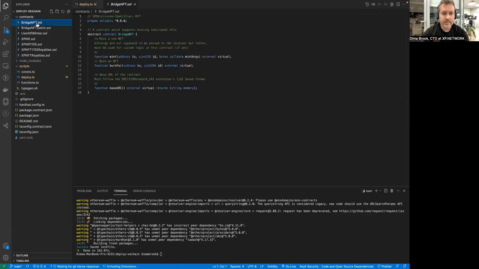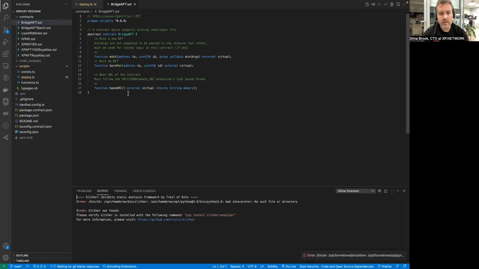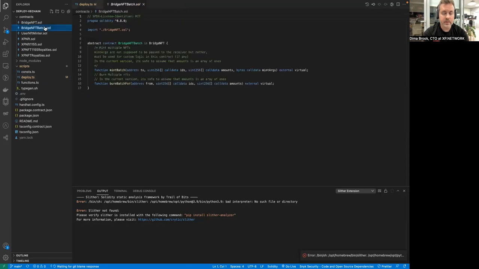The bridge NFT is a template, which our bridge will check against. It has only 3 functions: mint, burn for, and use URI, base URI, which returns the base URI of the contract. This is a template for ERC 721 type of contracts. There's another